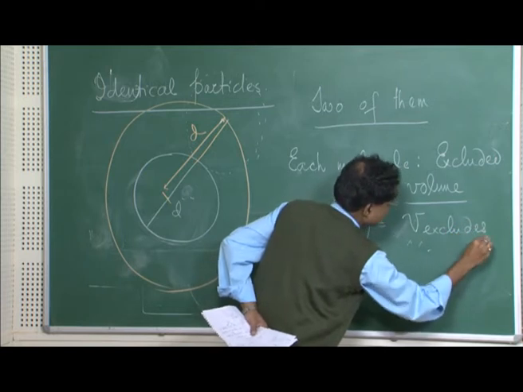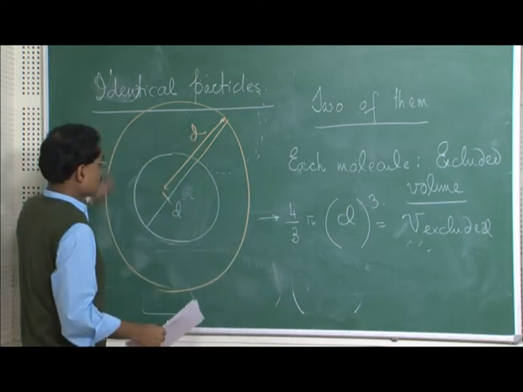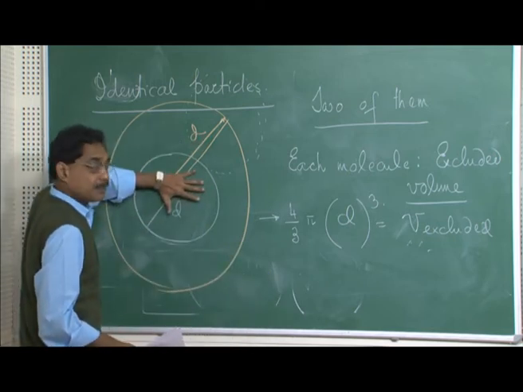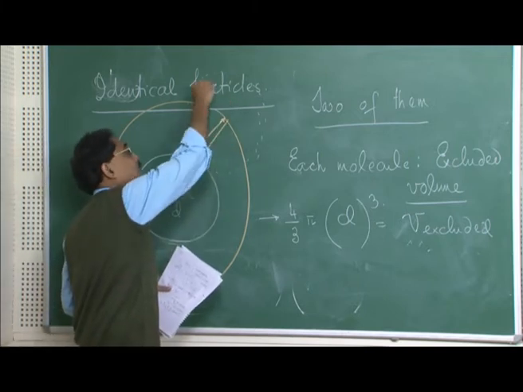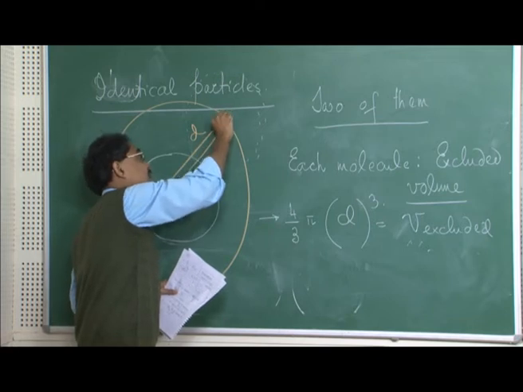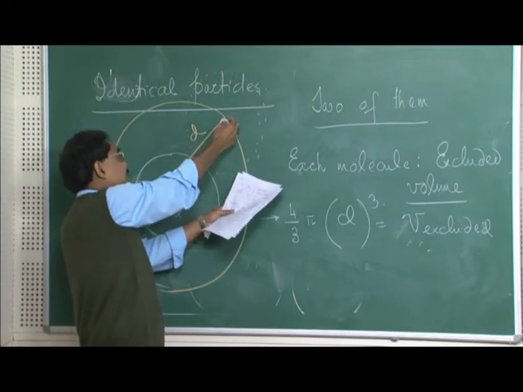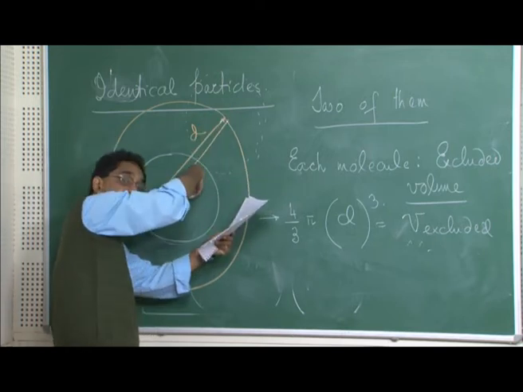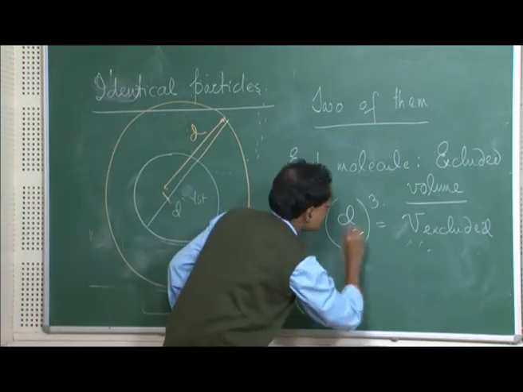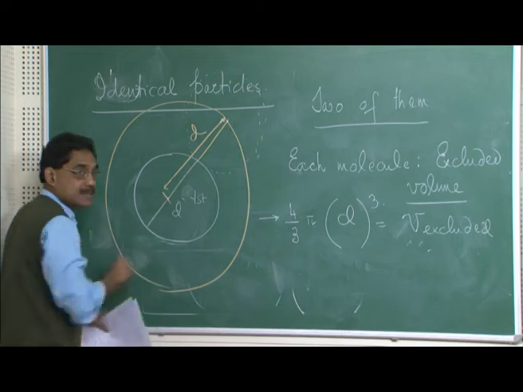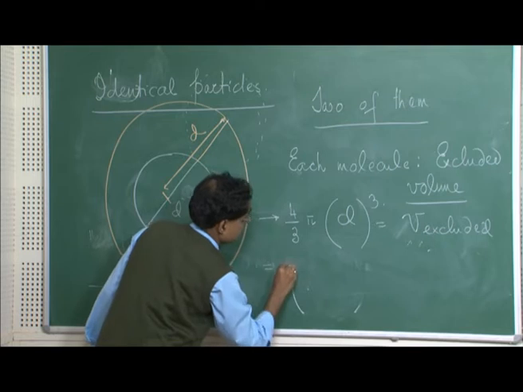I again repeat the argument, volume excluded. The center of any other molecule I consider can lie maximally here. It cannot come closer because in that case it would have to penetrate the first molecule. So this is the volume excluded by the molecule I am considering. I can write it in the following form: